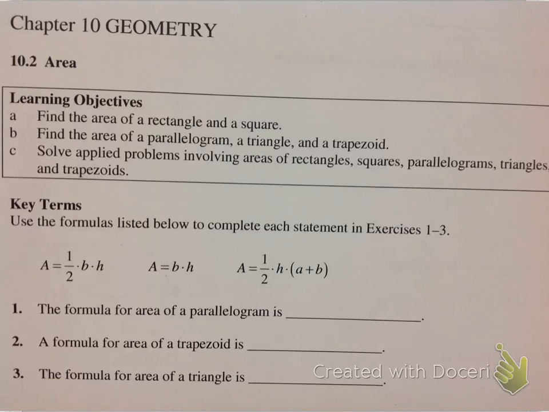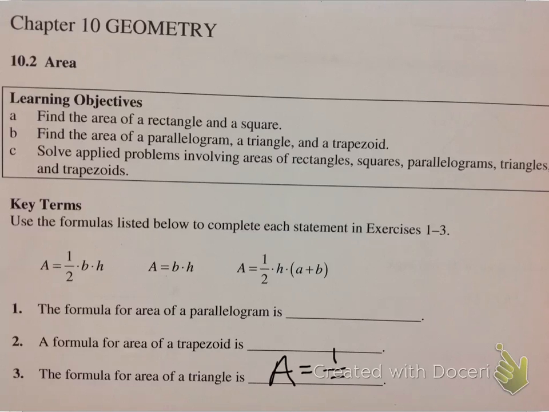We just finished talking about perimeter, so now let's look at area. The formula for area of a parallelogram, the formula for area of a trapezoid, and the formula for the area of the triangle. I'm going to start with the triangle one first. We know that the area of a triangle